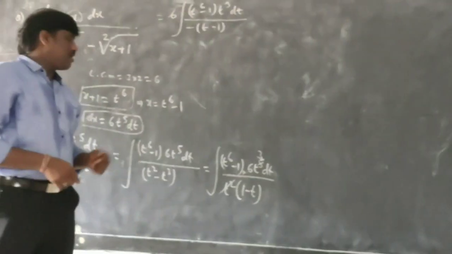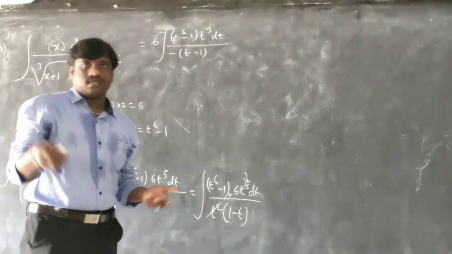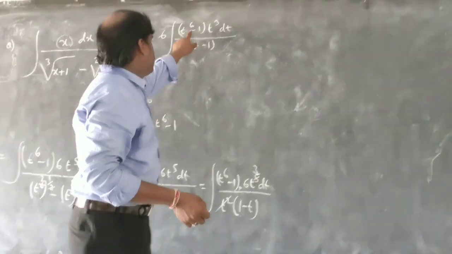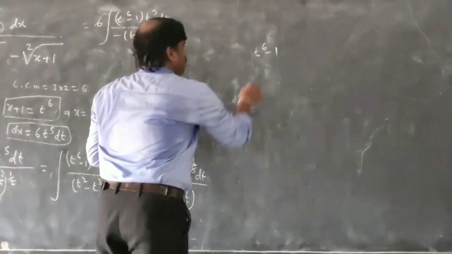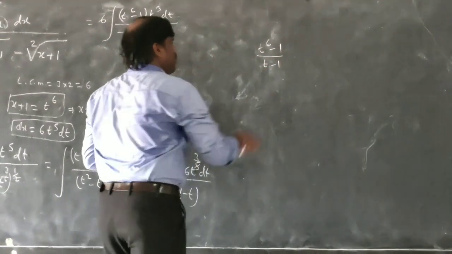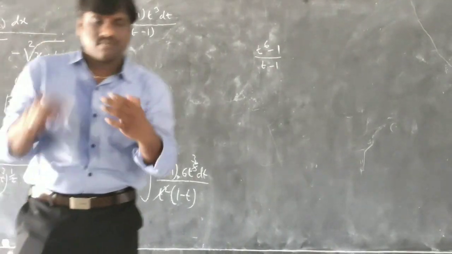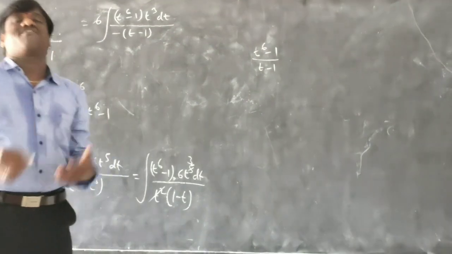So here what I am going to do is simplify this one. Like we use the synthetic division method, you can use the synthetic division method here. So this is what we have, t power 6 minus 1, and we have here t minus 1. You know, this is not the denominator; the power of the numerator is more than the denominator power. So this is an improper fraction.